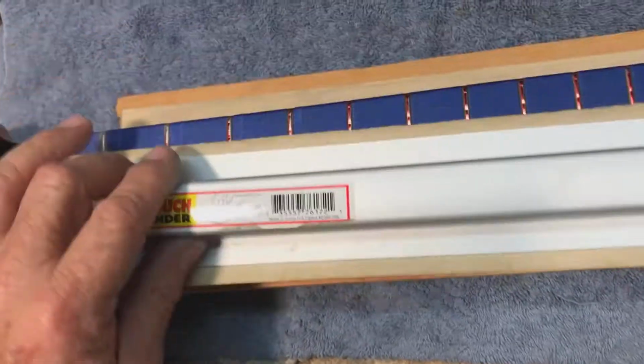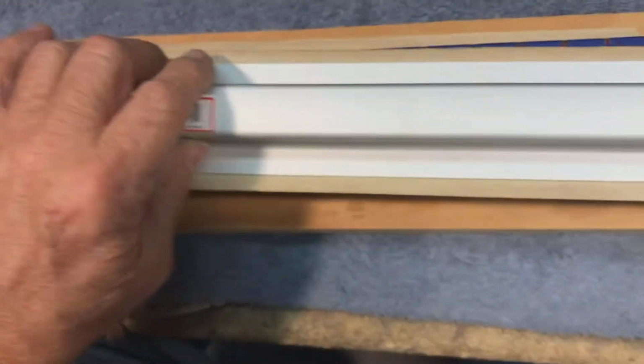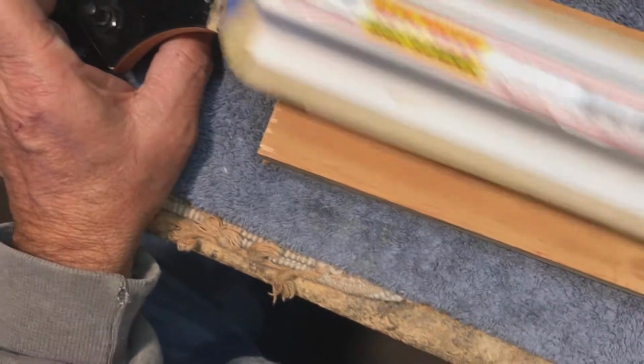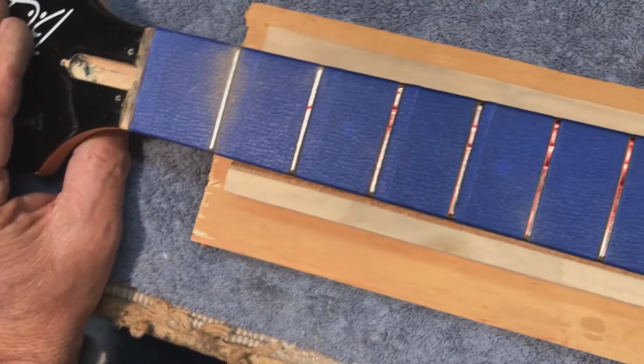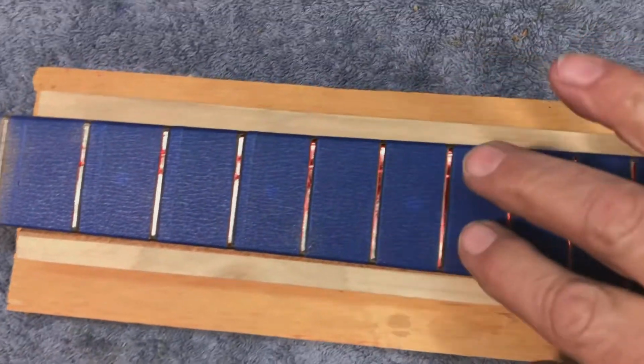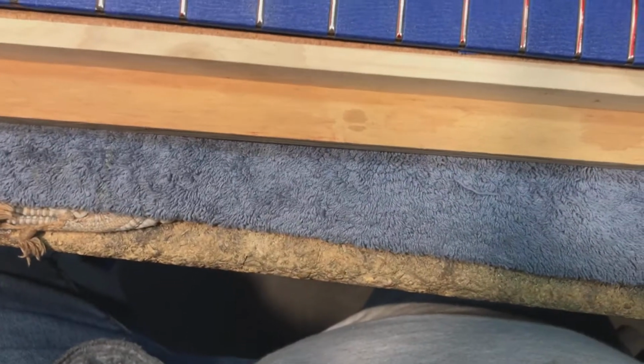So we're going to start with not a whole lot of down pressure. Just let the sandpaper do its thing. This is our rough cut to start with. We're going to get finer and finer and more precise as we go along. You'll see what we use for getting the final leveling. But this is good for a rough cut, and look at that. We're going to have to take off a lot of metal. Now you can see the little divots. We're going to have to sand down till they're almost gone, and then we'll switch to finer grades and better leveling. So until we get to that point,